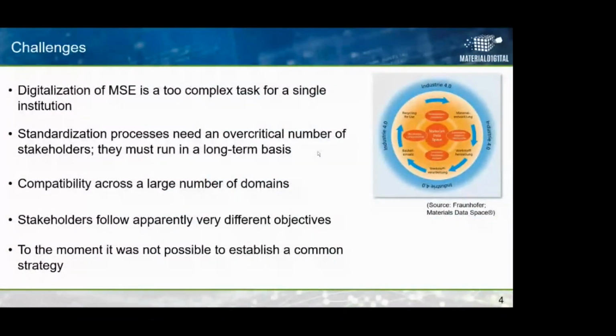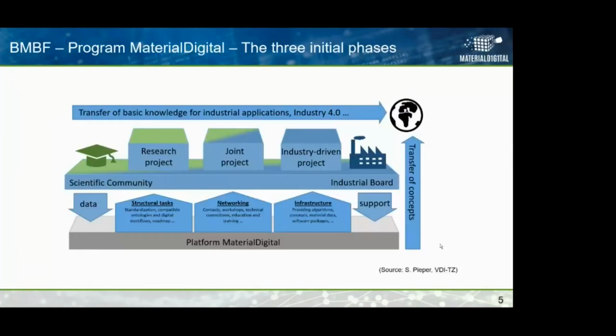So the standardization processes need an overcritical number of stakeholders, and they must work on a long-term basis. And we need compatibility across a large number of domains. Stakeholders often follow apparently very different objectives, and at the moment it was not possible to establish a common strategy. Therefore, the BMBF has set up the program Material Digital, and the basis is a platform which is funded in